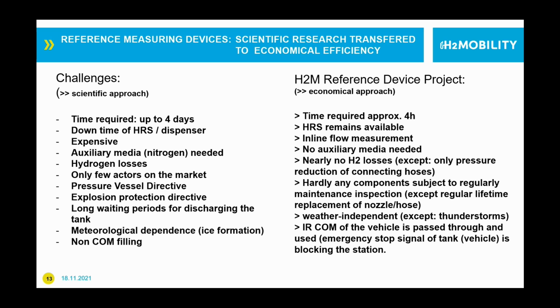We need a lot of auxiliary media like nitrogen for purging. We have hydrogen losses because everything we are filling in the tank has to get lost again afterwards for the next measurement. There are only a few actors on the market. We have a long list of directives we have to fulfill: pressure vessel directive, explosion protection directive, etc. And also this meteorological dependence because of possible ice formation, and the non-comp filling was an issue for us, which makes the current measurements very precise and very exact, but they are not